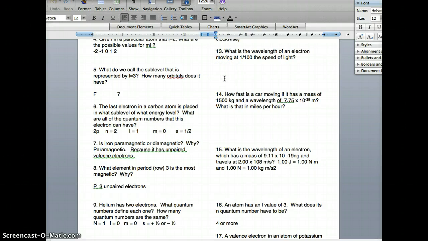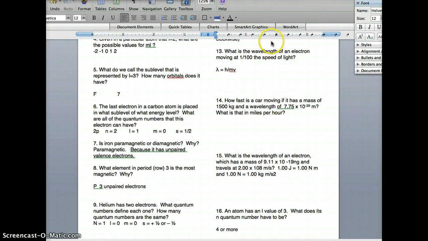We know that wavelength is equal, shoot, I have to change over my Greek prefixes here. So wavelength, lambda, for a particle is equal to, now back to US prefixes, h divided by mass times velocity. So in this case, the wavelength would equal 6.63 times 10 to the negative 34th. That's Planck's constant. And that's divided by